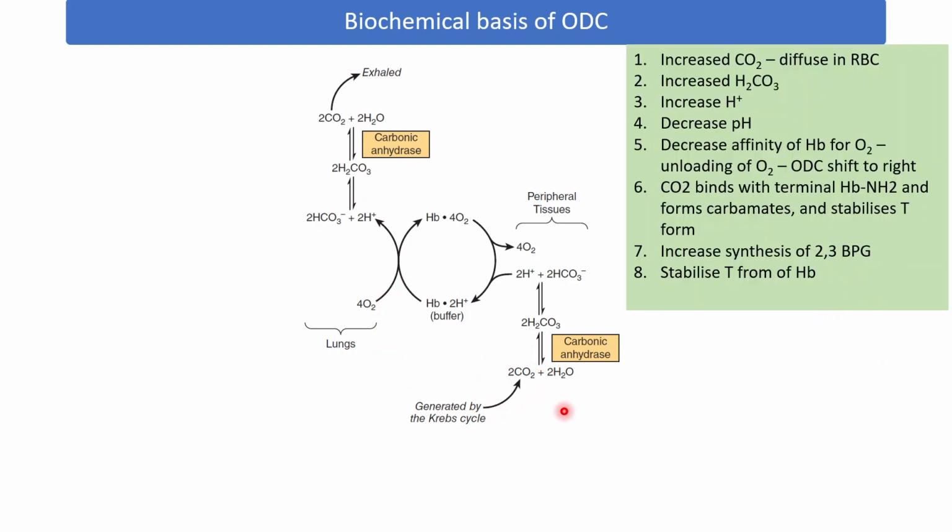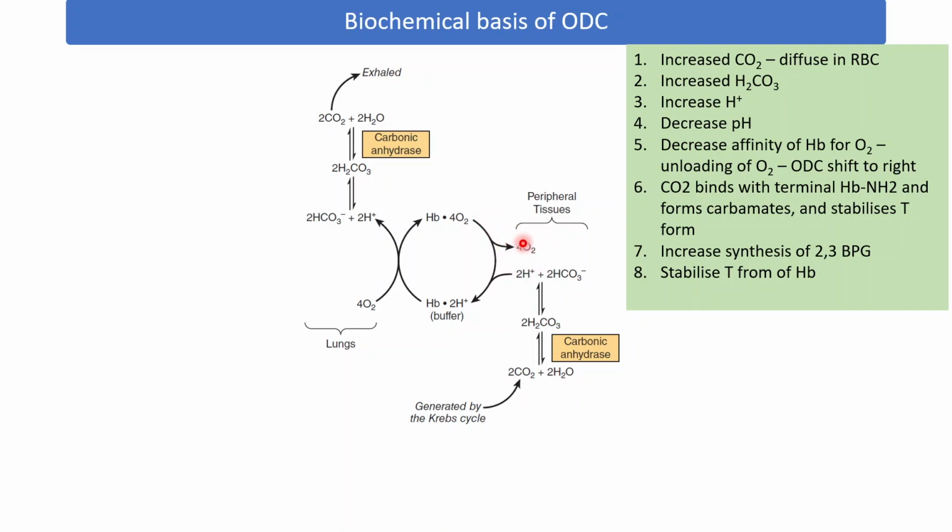Now this is at the tissue level. The carbon dioxide generated by metabolism goes inside the RBC, and combines with water to form carbonic acid. Now this carbonic acid dissociates into H positive ions and bicarbonate ions. This H positive ions will decrease the pH. Now when there is a decrease in pH, we have seen that the oxygen dissociation curve shifts towards the right according to the Bohr effect. Now when the curve shifts towards the right, there is increased unloading of oxygen